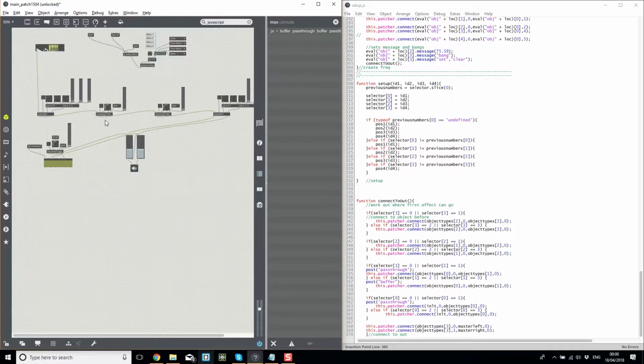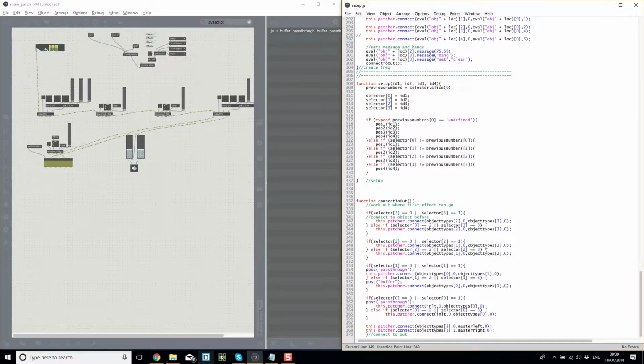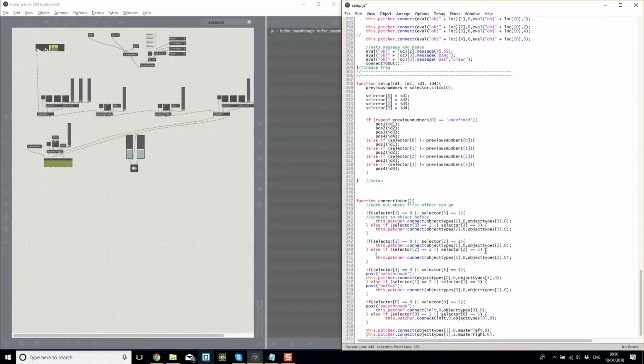So it's because number 3 is a time stretch. What we'd also want to happen is, so we connect that one to that one, but then we also do